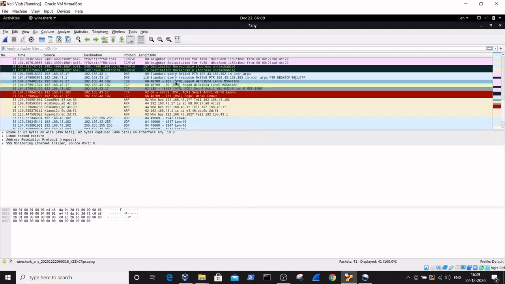For 135, a SYN packet is sent to the target IP address, 102, and the reply I got to my base machine IP address, 43.17, is a SYN ACK. So this too indicates that the port is open. When I sent the SYN request packet to port number 80, I got a reply of RST ACK. So this RST ACK in response to SYN indicates that port 80 is closed.